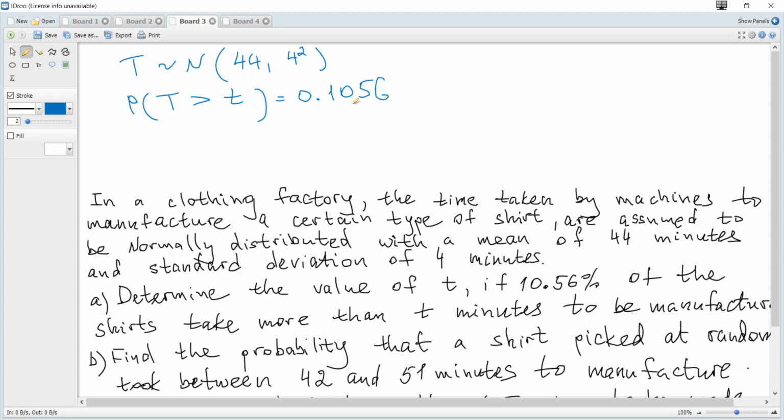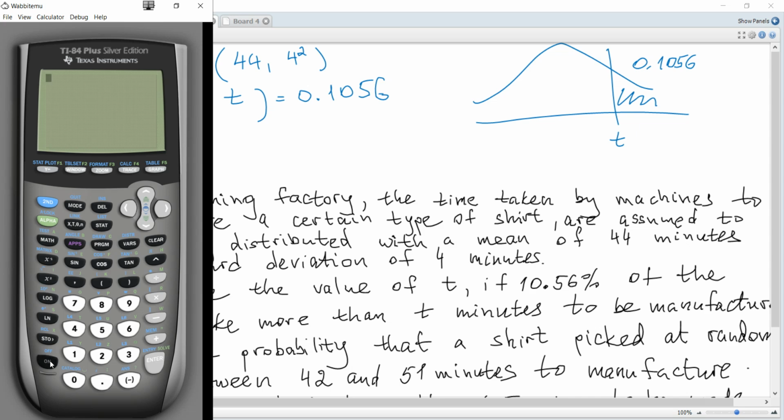0.1056, and you can see that it's 10.56% as required. It means that we should find some value of t so that the area to the right is equal to 0.1056, and using a calculator we choose inverse normal, and my calculator asks me the area to the left, so I should answer 1 minus 0.1056,